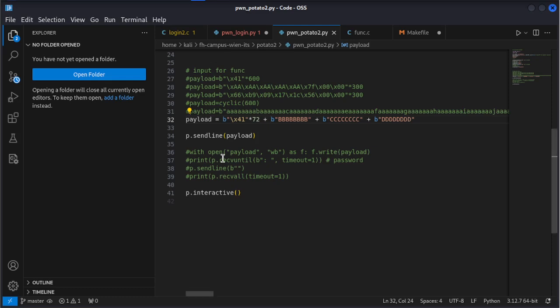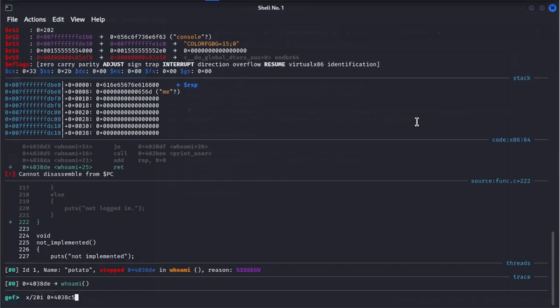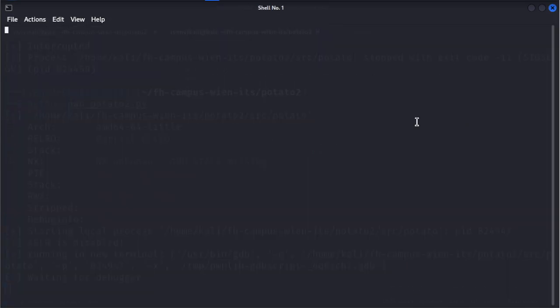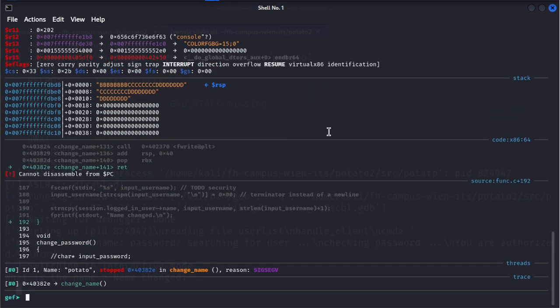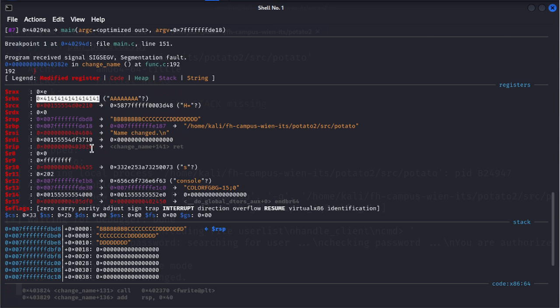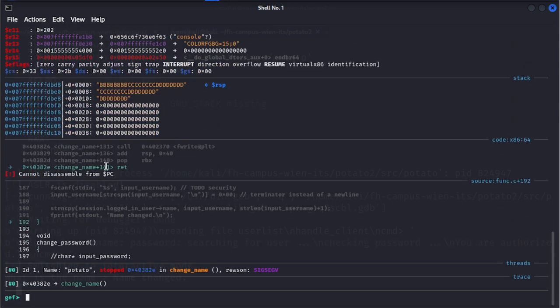The next question is, where do we want to jump to? Of course, we can write values on the stack right now, and I can reproduce this quite quickly. So let's restart it, and this should start our debugger, and we see that RSP is pointing to the stack and disassembling the string values. We also have values in registers, and we see that it still says cannot disassemble program counter